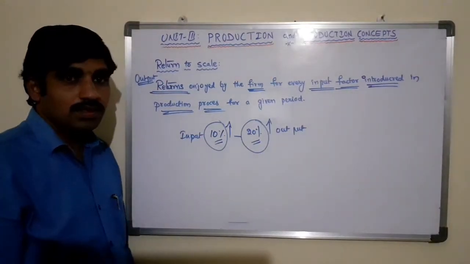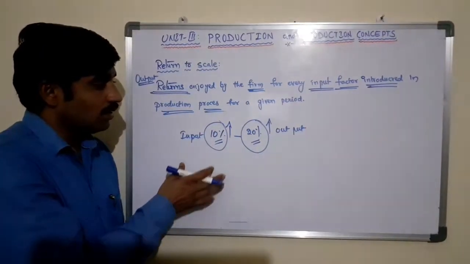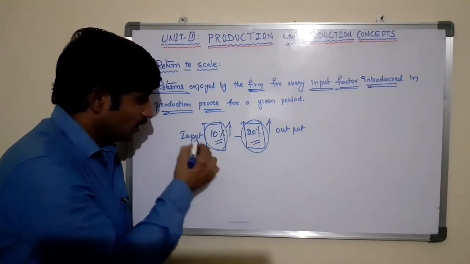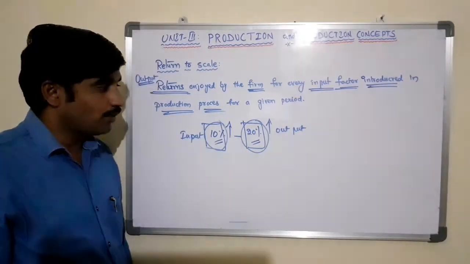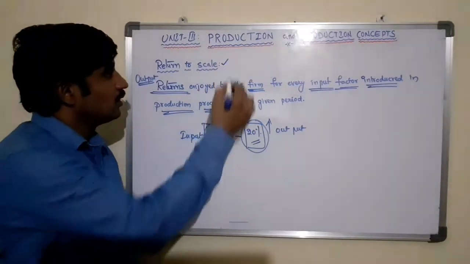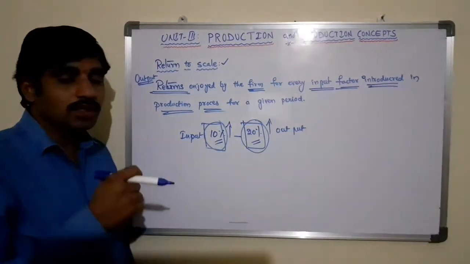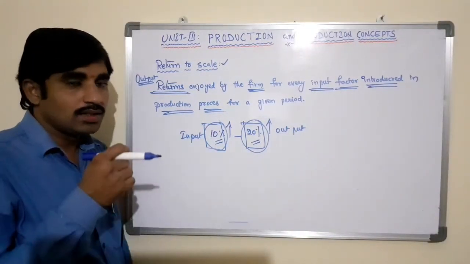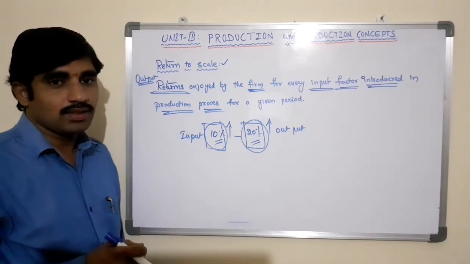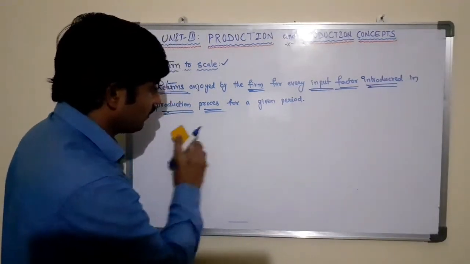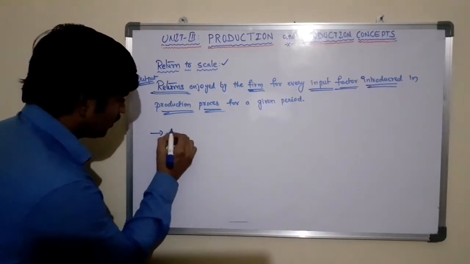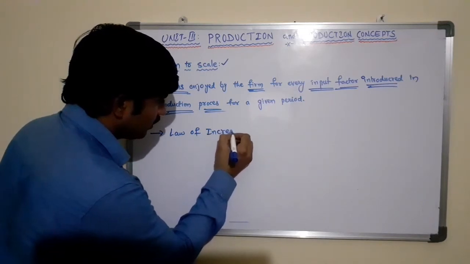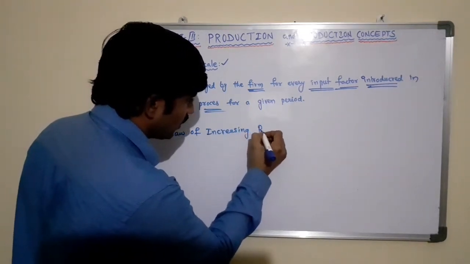So very simple to define the returns to scale, that is returns enjoyed by the firm for inputs introduced in the production process is known as returns to scale. These returns to scale are explained in three ways. There are three types of law of returns, such as increasing returns to scale or law of increasing returns to scale,